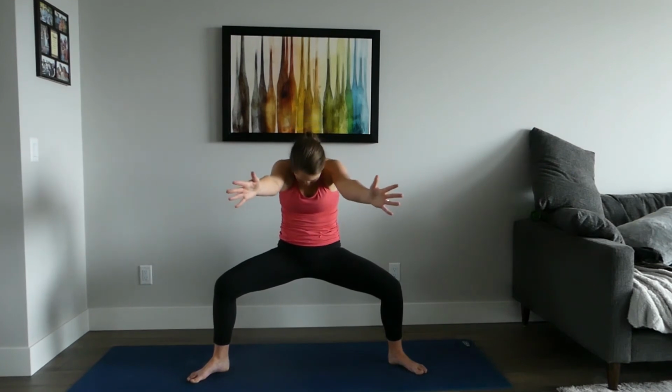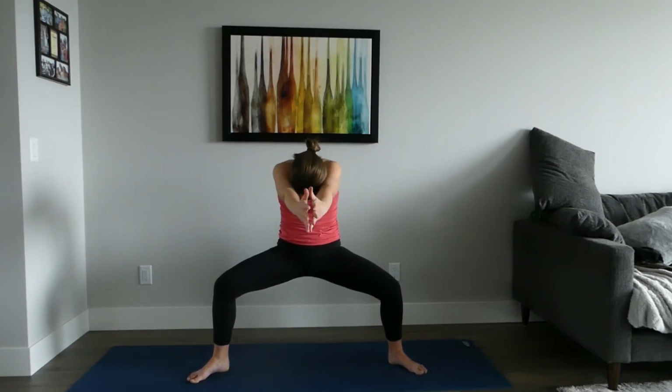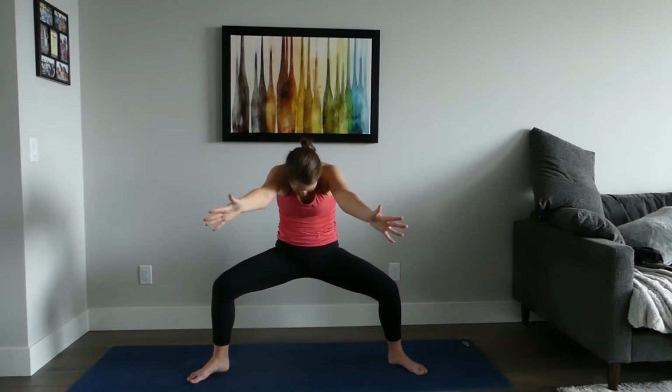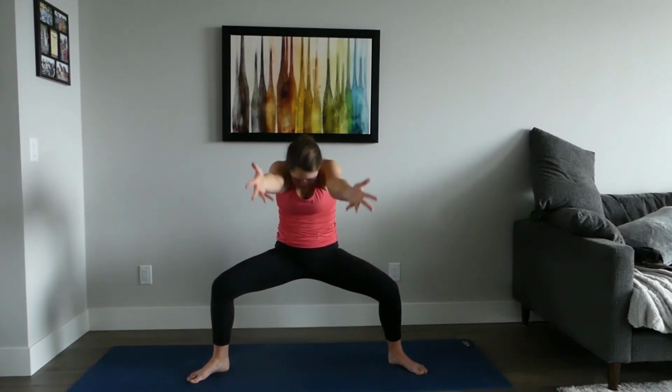Inhale to open. And exhale to curl. If you're not feeling the squat today, you can always straighten through the legs and just move through the chest. Then hold at the bottom of the curl. We inhale, lift the hands up, turn the palms to face back,